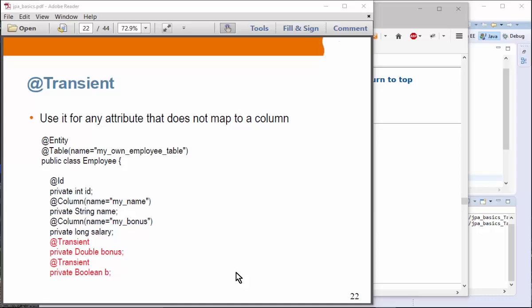Next, let's talk about other annotations. The first one is transient. So transient annotation is something that you use in Java as well, right? If you're using the transient annotation, then when you serialize it, that field is not going to be serialized. Same concept. So if you're using transient along with the entity classes, that means these fields are not going to